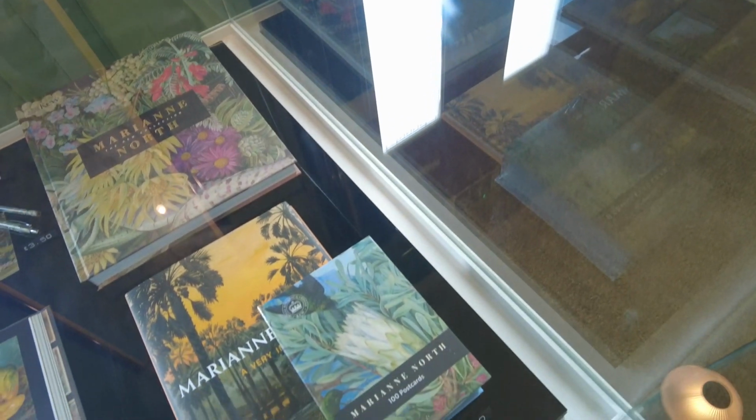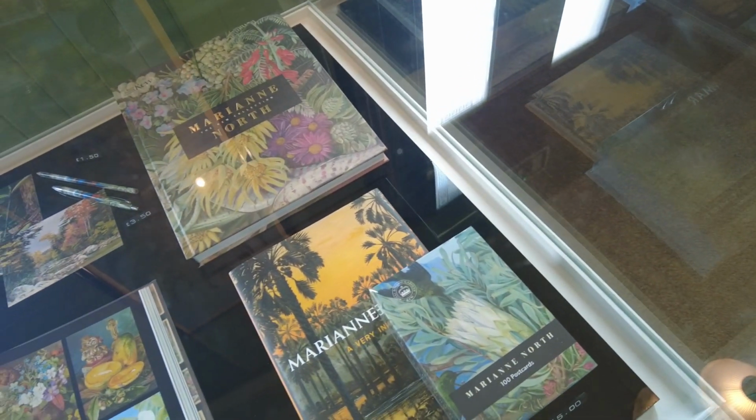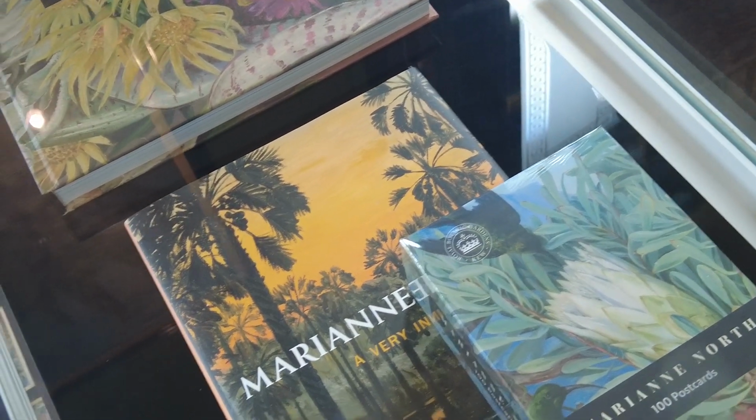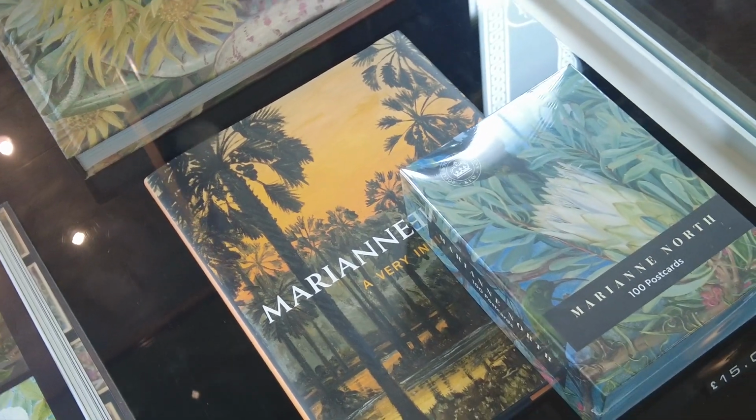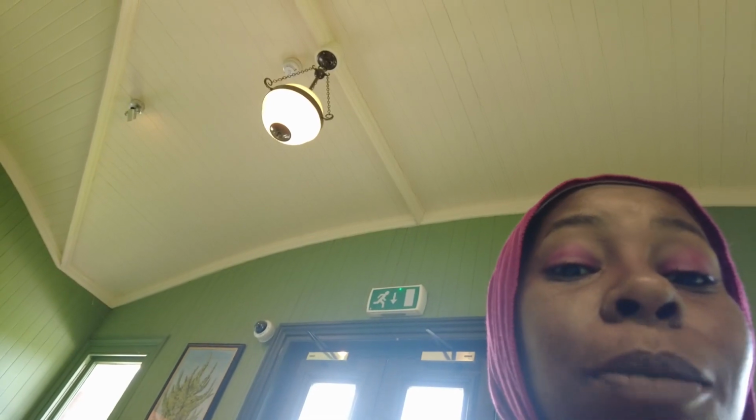Okay, here are the postcards that are on the wall. So there's 100 postcards, and this book I brought to Jamaica with me to read. Very interesting. I have to get a new one. I left it in Jamaica for the people then. Okay, so before I step in, it says no flash photography. It doesn't say no video, so we're going to see, but I'm going to read to you about Marianne North